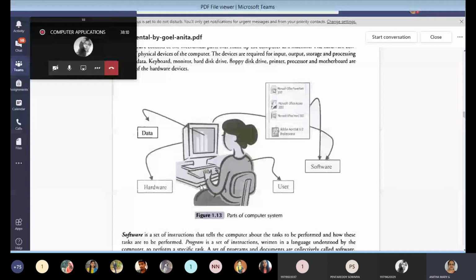So for that we need some parts. So what are they? Who is using it? So all that. The computer system consists of four parts. The first one is hardware. What do you mean by hardware? The physical thing, what you can touch and feel. So the monitor you can see, the keyboard you can see, the CPU you can see. All that we can say is hardware. Okay. Whereas the second one is software.